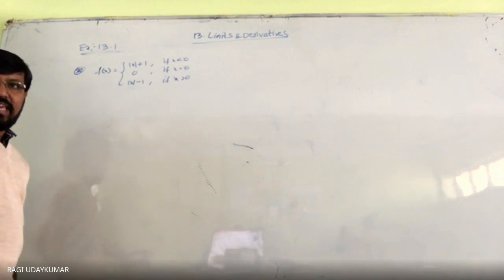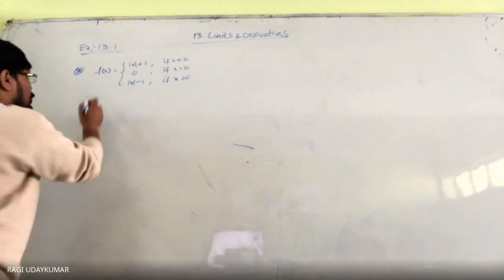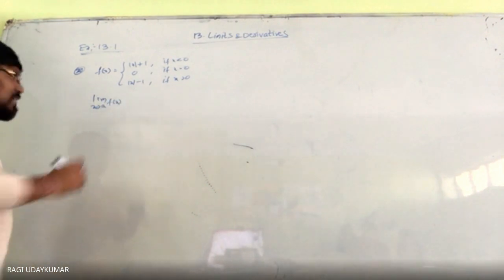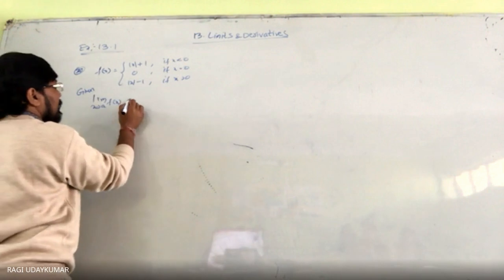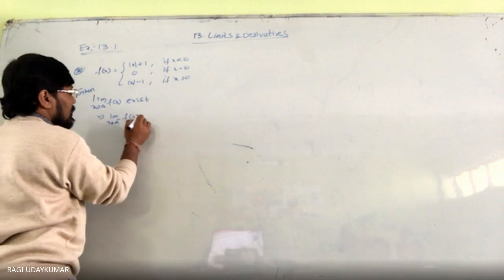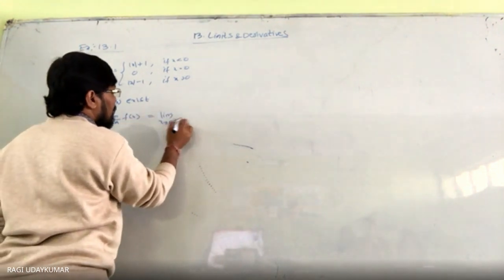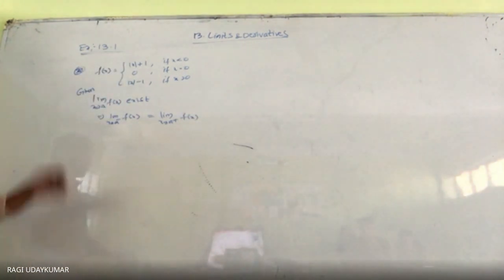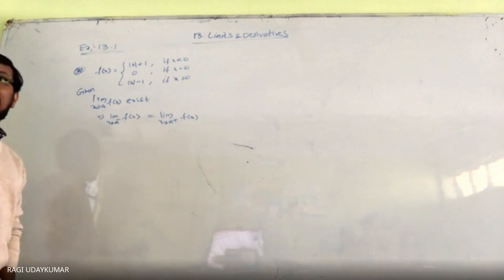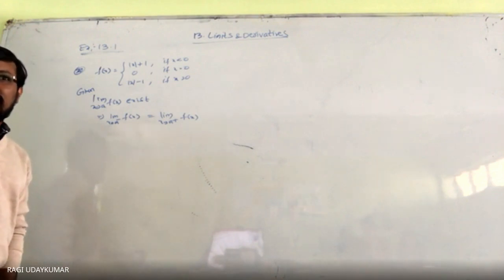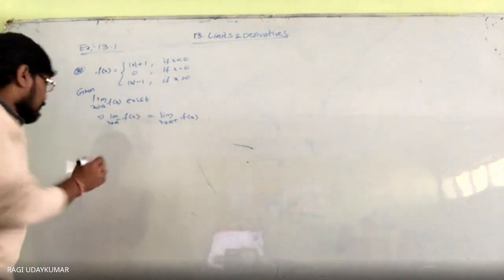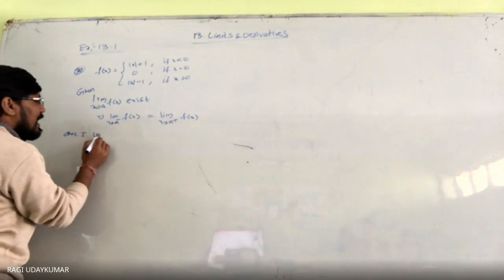At what place does the limit as x tends to a of f(x) exist, given that this exists? So this is nothing but the limit as x tends to a minus of f(x) equal to the limit as x tends to a plus of f(x). You consider here one case where a is equal to 0 and one case where a is non-zero, because the given function is a split function at the place of 0. So case 1, let a = 0.